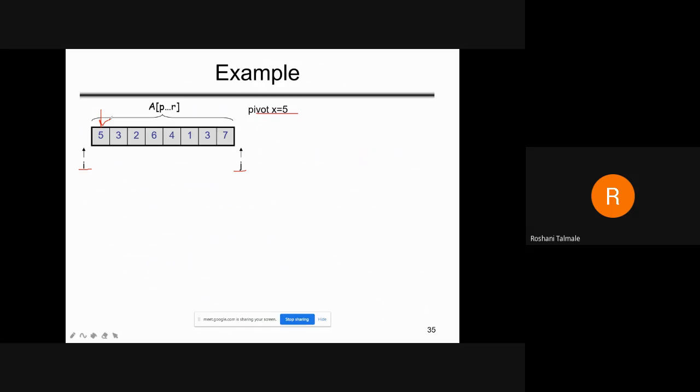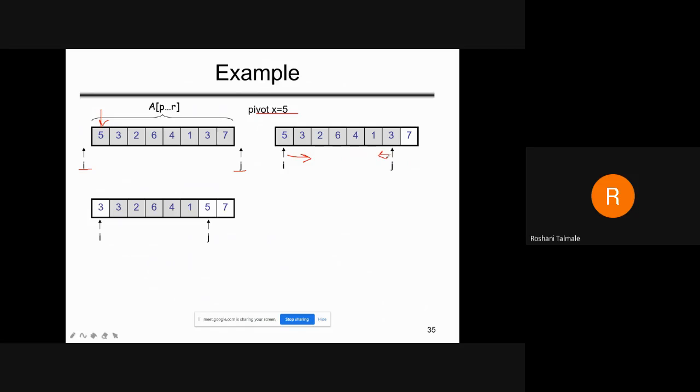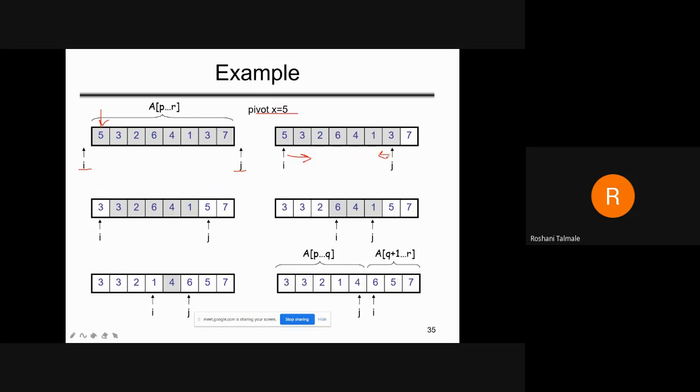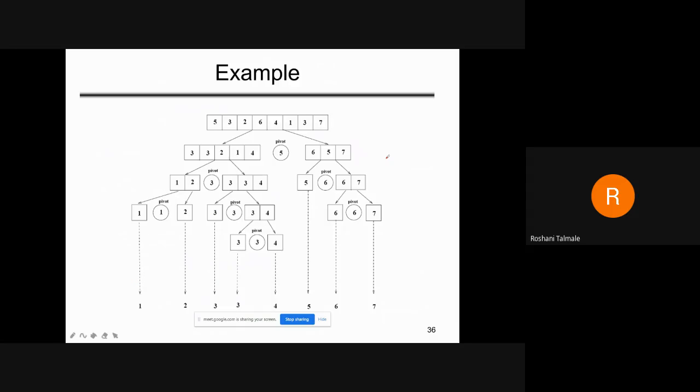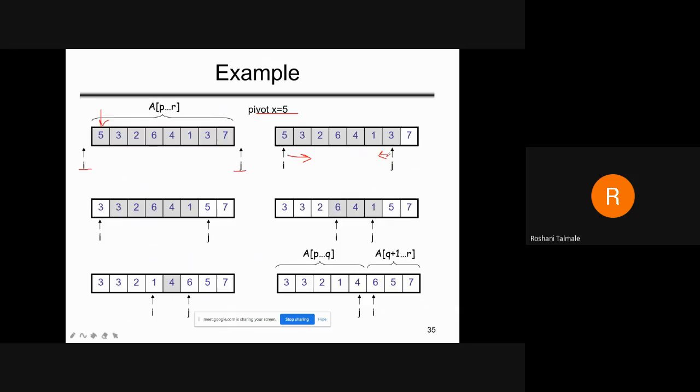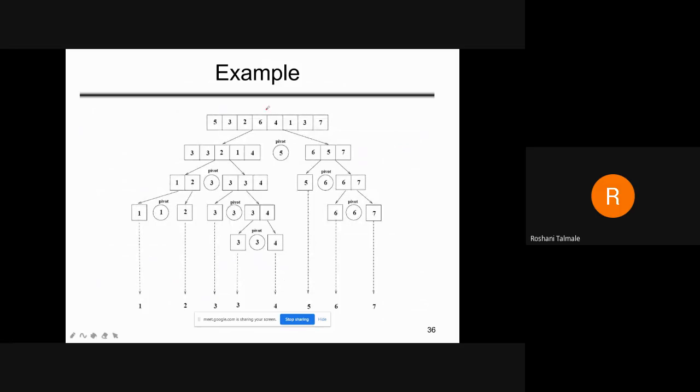Okay, now next case. In the next case, again we will make the comparisons. Every time I will be incremented in this direction and J will be incremented in this direction. Okay, now see how the arrays will be defined. This is a better example. Then we will go to the previous slide, then you will get it in terms of this I and J. I will explain this and then we will go to the previous slides.